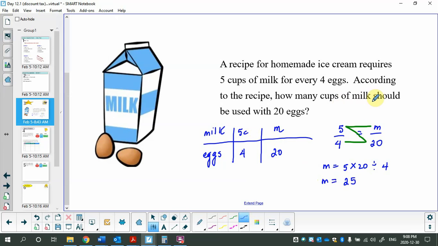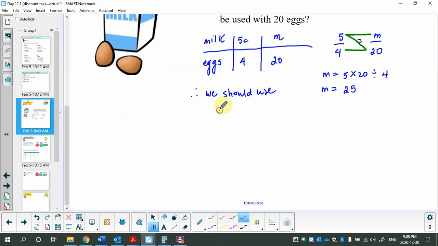So how many cups of milk should there be? Therefore, we should use 25 cups of milk,